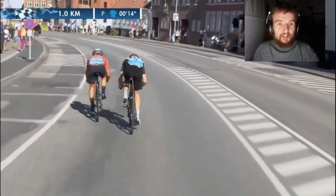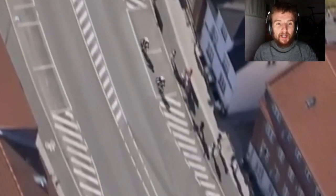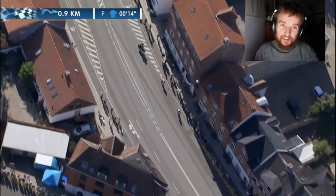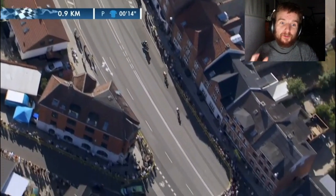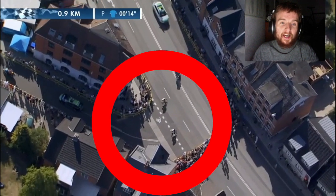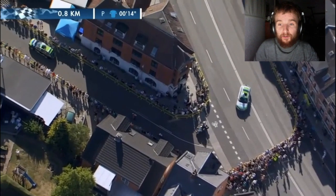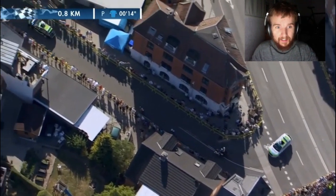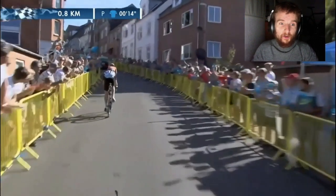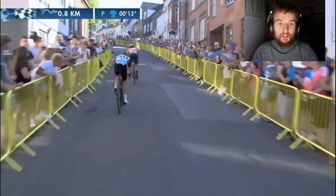Then when Julius Johansen comes around, he comes with a bit more speed as Robin Carpenter sits up, and with that acceleration, he actually puts in more power, and then he manages to forge a gap between him and Robin Carpenter, but he accidentally overcooks the corner there, and that allows Robin Carpenter to get back to Julius Johansen, and unfortunately the Dane also loses a bit of distance to the American. We get here on the bottom slopes, and Julius Johansen is clearly struggling compared to Robin Carpenter, rocking side to